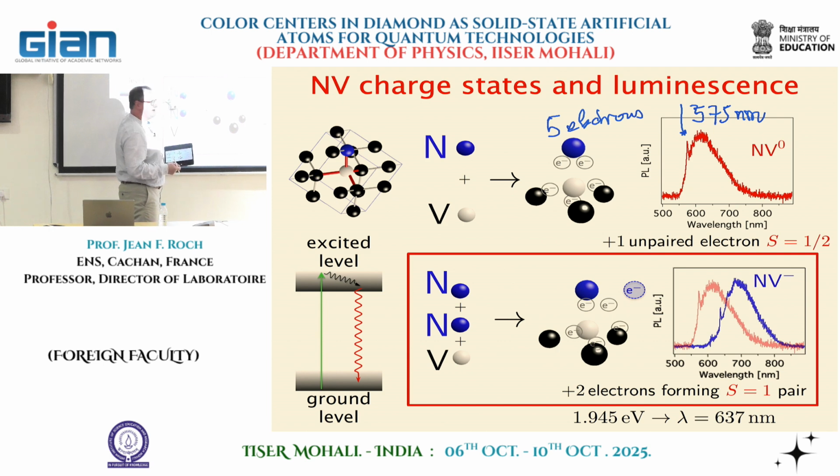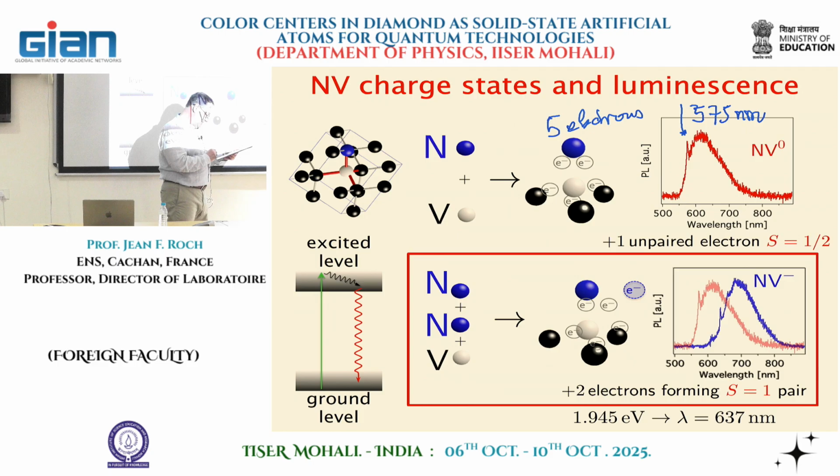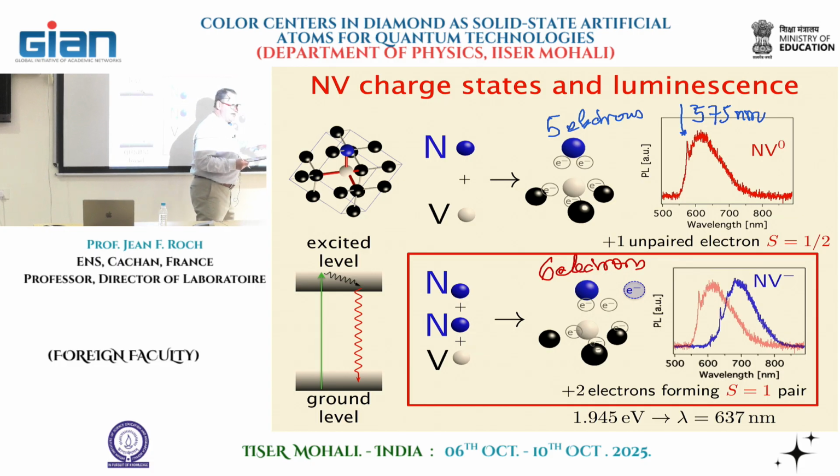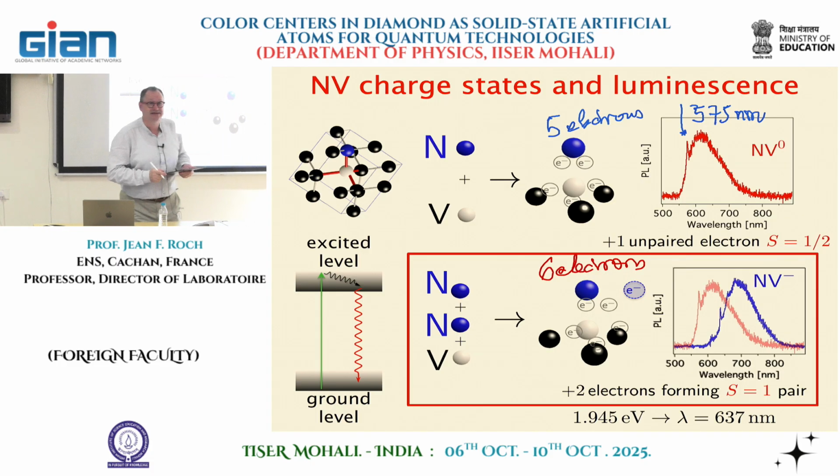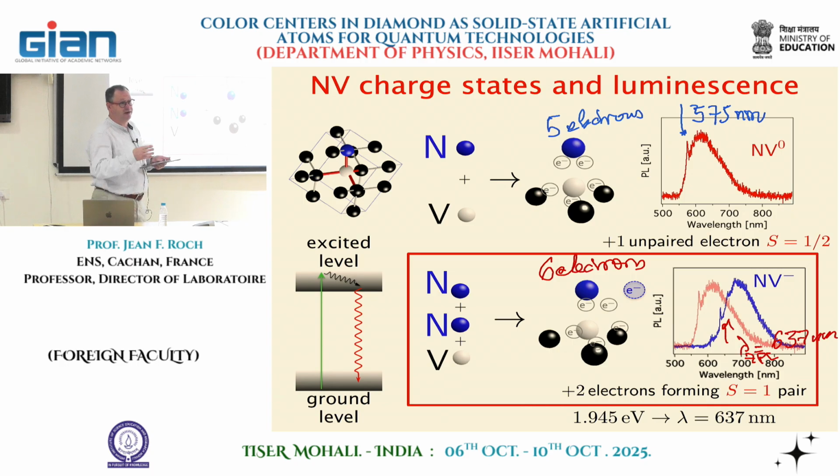Okay, and now if we add one more electron to the system, for instance, you can have another nitrogen atom nearby, acting as a donor, so it will give a supplementary electron to the system, and then you now have 6 electrons in this structure. These 6 electrons create the negatively charged state, and there is a shift of the luminescence associated with the new charge state, and the zero phonon line that you see here